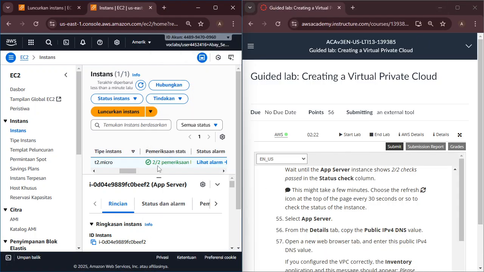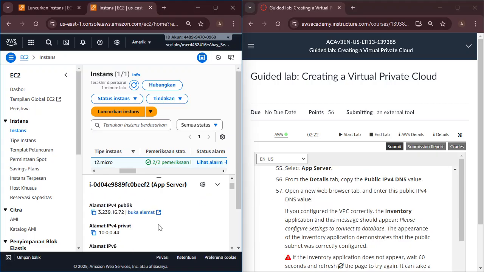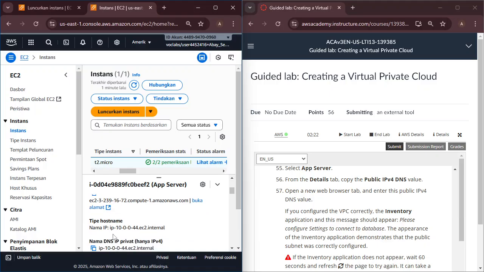Then we check from the details, copy the IP address.